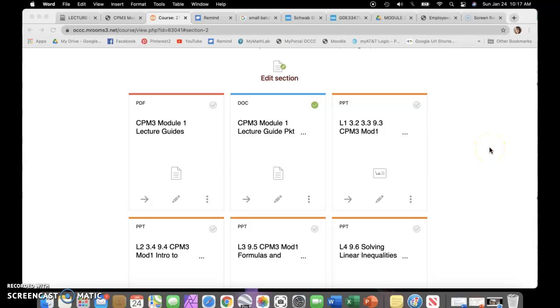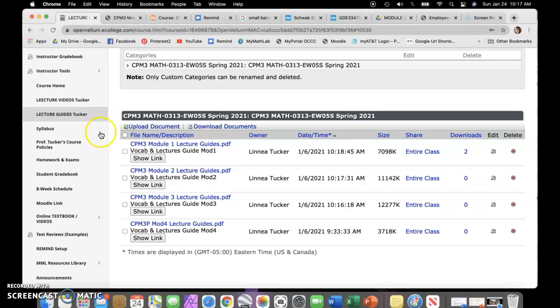Some people maybe don't like using a lecture guide. You're welcome to take notes on notebook paper. Just make sure you label each section as to what module it is and what lesson it is, and when you're done, put it in your 3-ring binder. Okay, so once you've decided which way you're going to take notes,